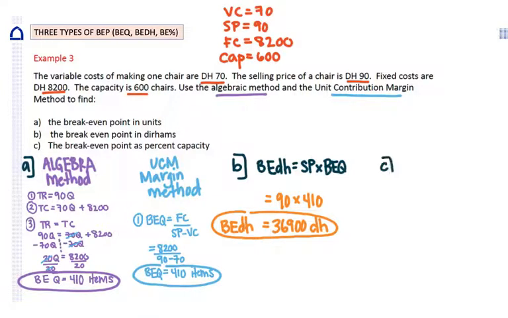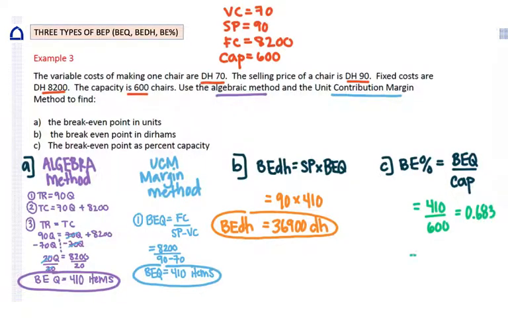And lastly, they're asking about the break-even point as a percent of capacity. And either using the algebra or the margin method, you do it the same. You take the break-even quantity that we found and we divide by capacity. So we will do that, and we get the break-even quantity was 410, the capacity was 600. As a decimal, that would be